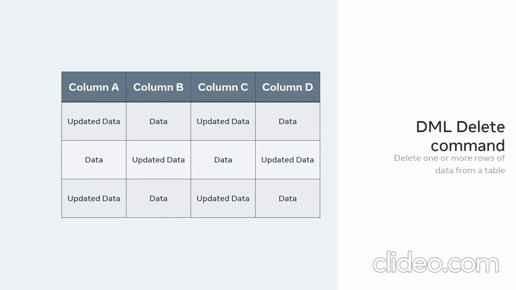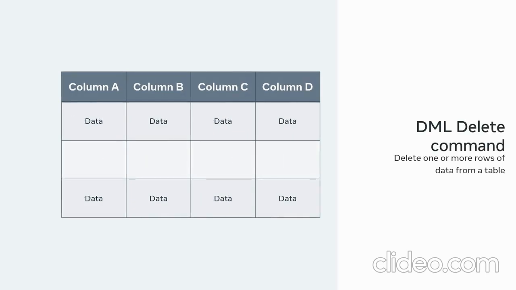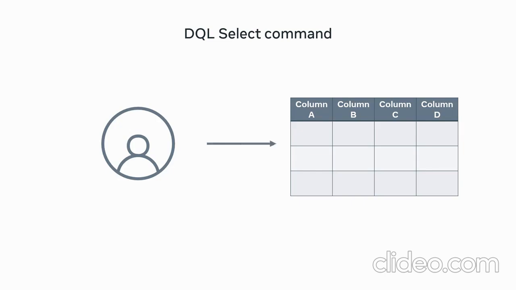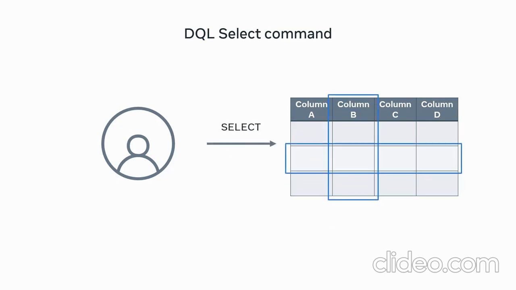And you can specify data to be removed by using the delete command. So far, you've learned how to add database objects and manage data within them. So how do you read or retrieve that data? To read data stored in a database, you can use data query language. DQL defines the select command to be able to retrieve data. Select lets you retrieve data from one or multiple tables, letting you specify the data fields that you want based